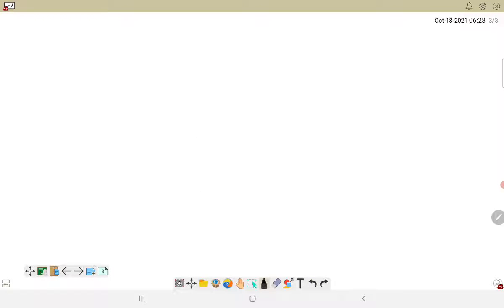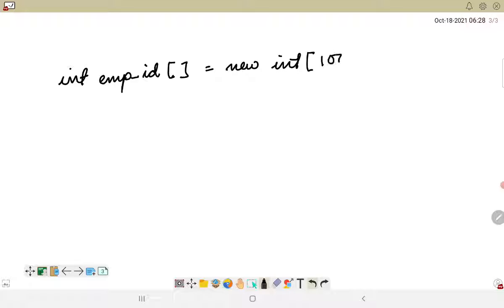Now looking into this particular syntax, integer employee id is equal to new integer 1000. Essentially, 1000 is the size of the memory location or the size of the array where we need to place the array elements.